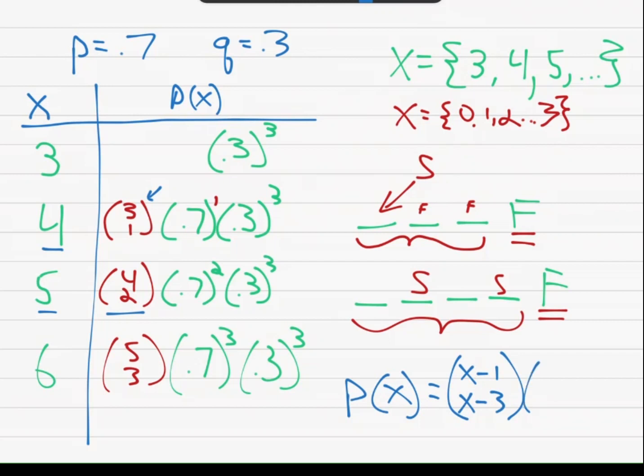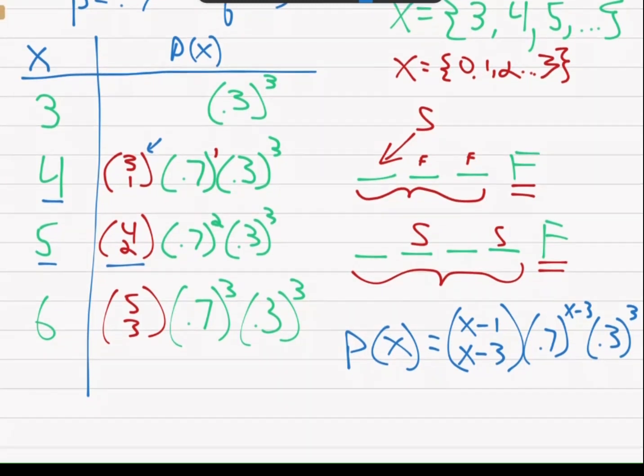And then I take the probability of success raised to the number of successes pattern, but the number of successes is x minus 3. And then I always have the 0.3 to the 3. So this is fine. This is a proper probability density function, but just notice that we could have done this